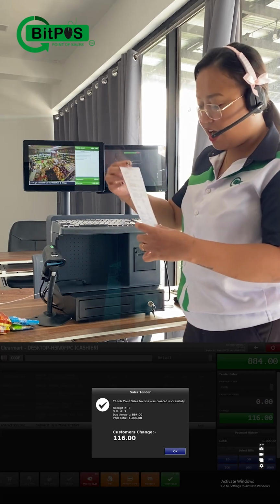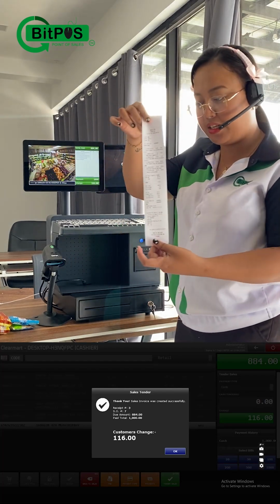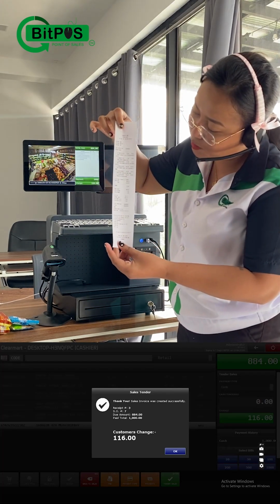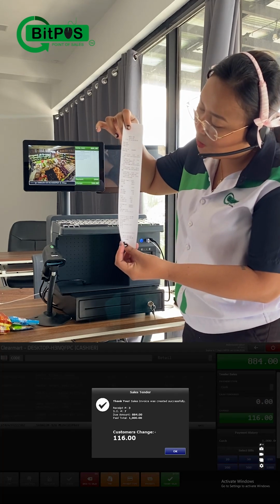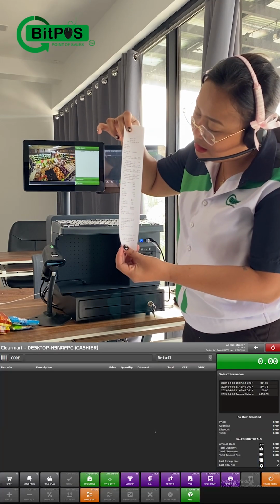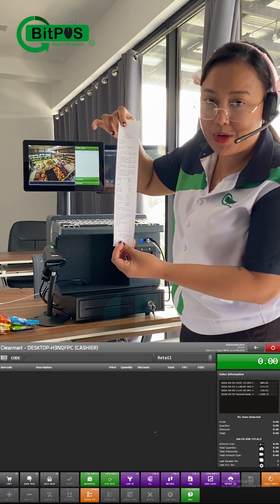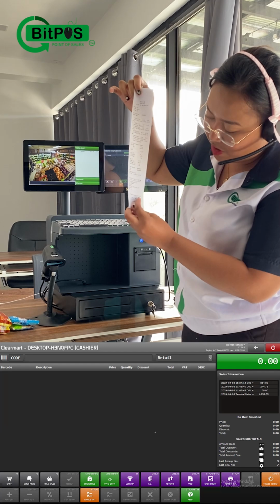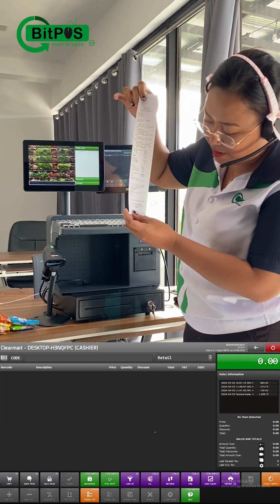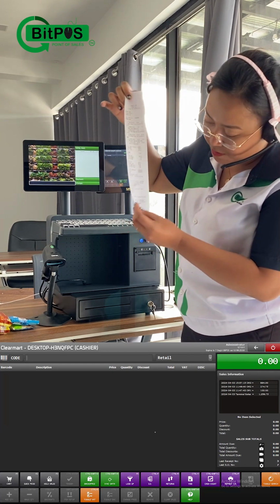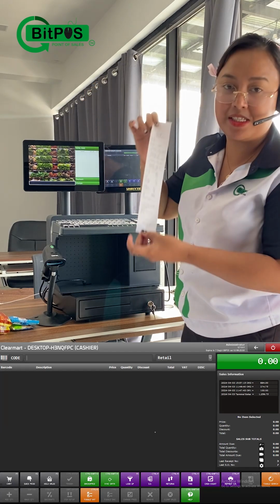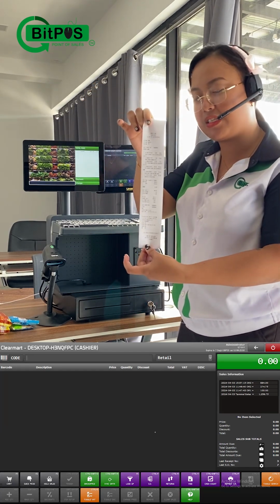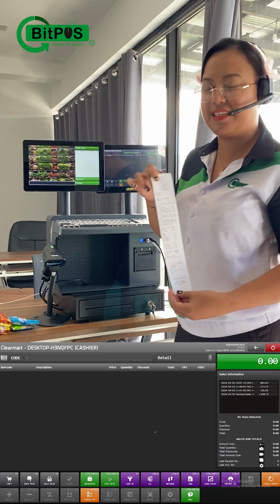So this is our official receipt. As you can see, all the details of the product that was bought is here, even the quantity on hand, the expiry date, and you can also see the VAT breakdown since this is an official receipt. And here at the bottom part, this serves as an official receipt, thank you, come again. And this serves as a save receipt for return and exchanges. So we have this kind of receipt in the system.